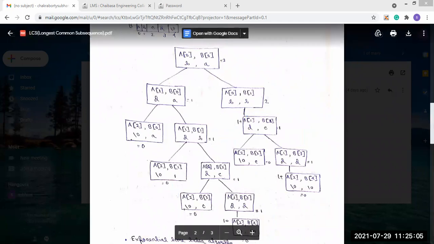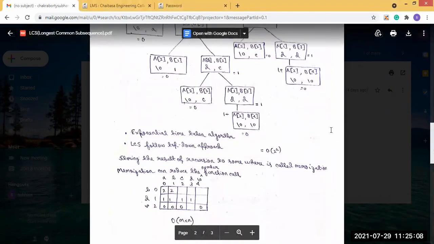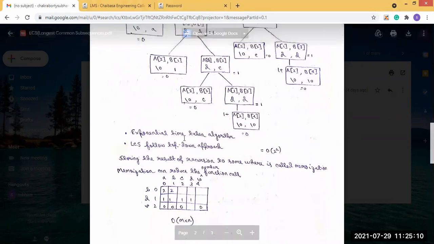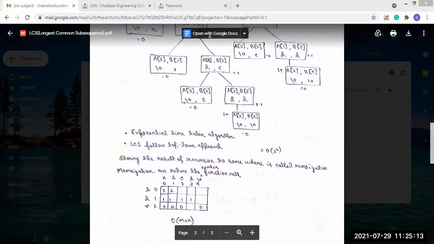So how can we do this? Let's say in memoization, this is our table that we created. Here we have A, B, C, D and null, that is the B string, written in the columns. In the rows we have written the A string.